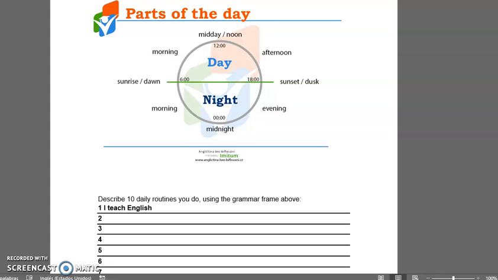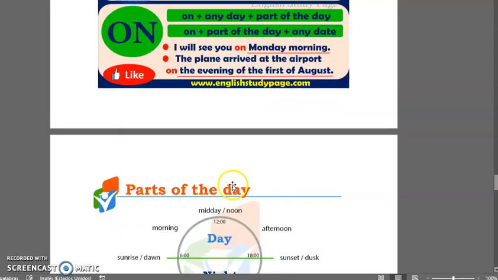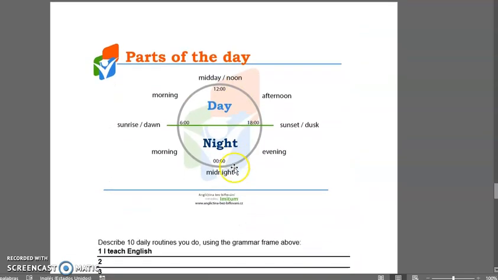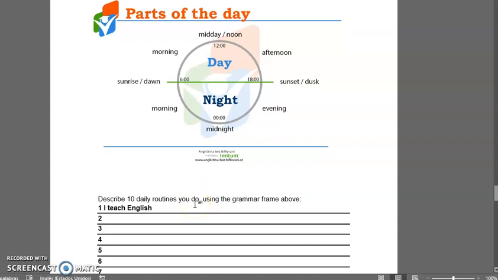My classes are in the afternoon, so I'm going to check. Okay, is in the morning. Oh, so I need to use in. Here it is, in the afternoon. Okay, and so then I write, I teach English in the afternoon